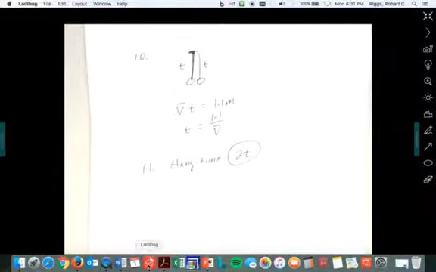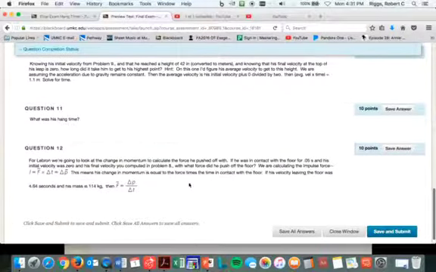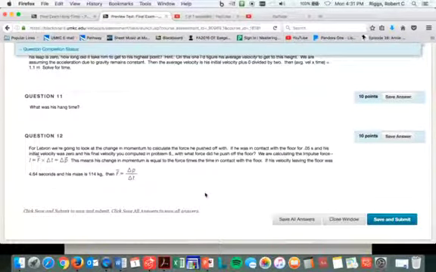Okay? So let's go on to the last problem here. It says, for LeBron, we're going to look at the change in momentum. Ooh, this will be fun. So in problem 12, we use change in momentum to calculate the massive force he pushed off with. Remember, Skywalker was 9G, so we're going to see what LeBron's was too. If he was in contact with the floor for 0.05 seconds, and his initial velocity was 0,